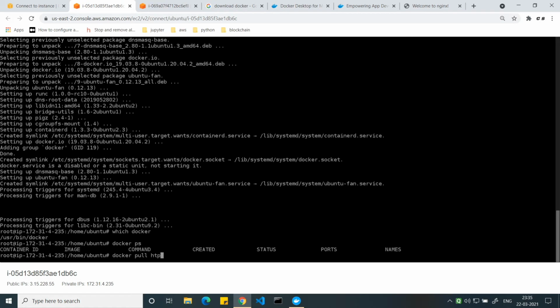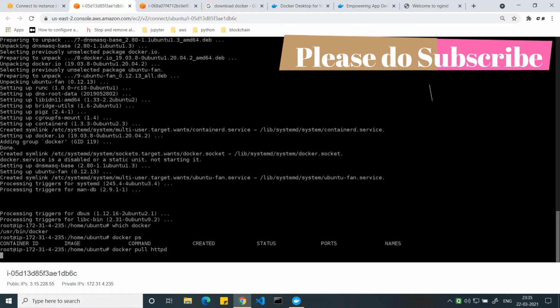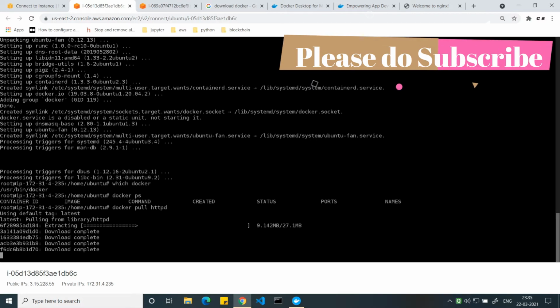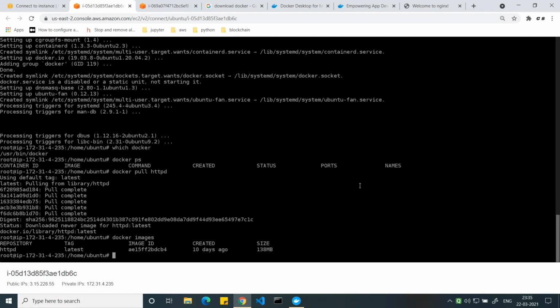HTTPD just has a UI of "It works." That's funny. Yeah, I know it works. It shows a UI, and the container port is also 80 here. Now if I run the command docker images, you would see HTTPD here, 138 MB.